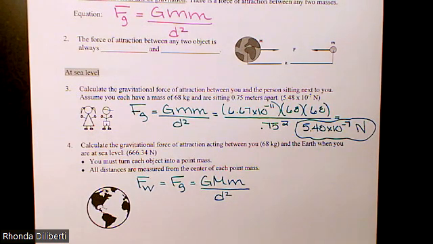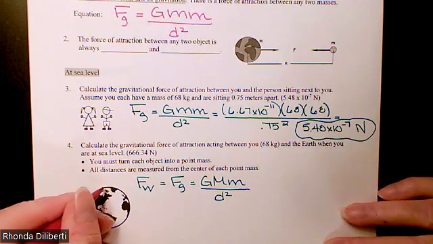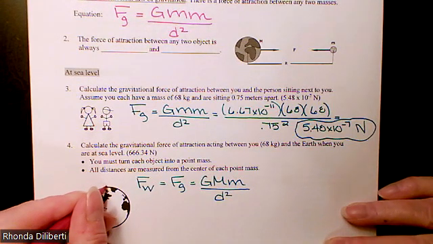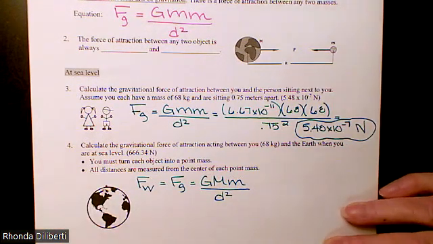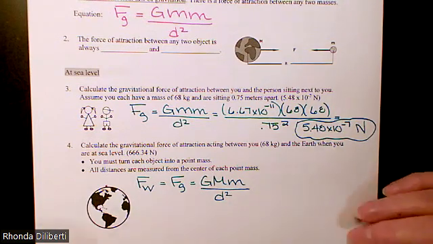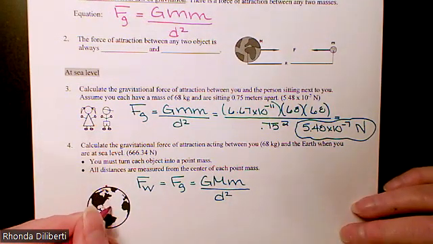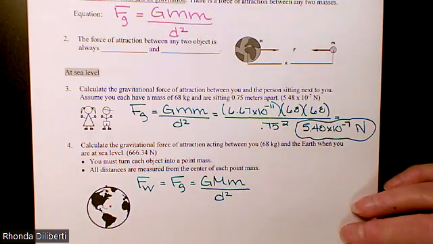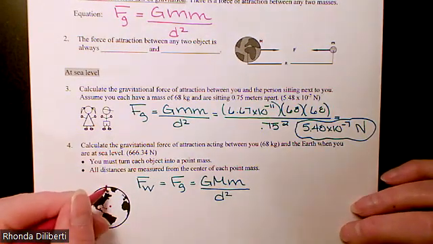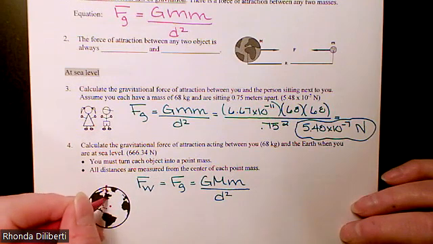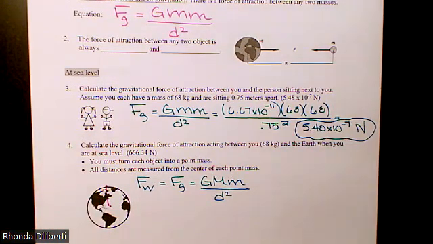All right, so one of the things that we have to do is we have to turn each of you and the Earth into a point mass. So I'm going to draw you on the surface of the Earth, so you're going to look like a dot. And now I'm going to turn the Earth into a point mass. And so I'm going to put the point mass in the middle of the Earth. And so if you look at the distance between your 2 point masses, it's effectively equal to the radius of